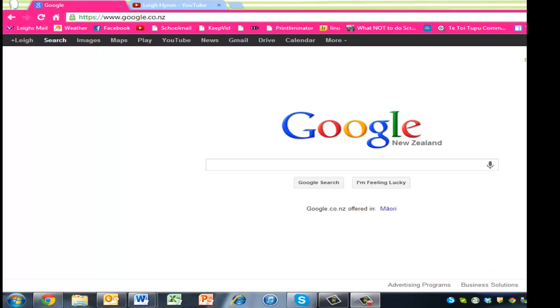So today I'm going to talk to you about using Google Apps and in particular Google Drive. Once you have a Gmail, you can sign in, and you can see I've signed in here with my Gmail. It's got my picture and so on. Once you're in there, into google.co.nz, you will see up the top a black band with all of these different tabs which you can look